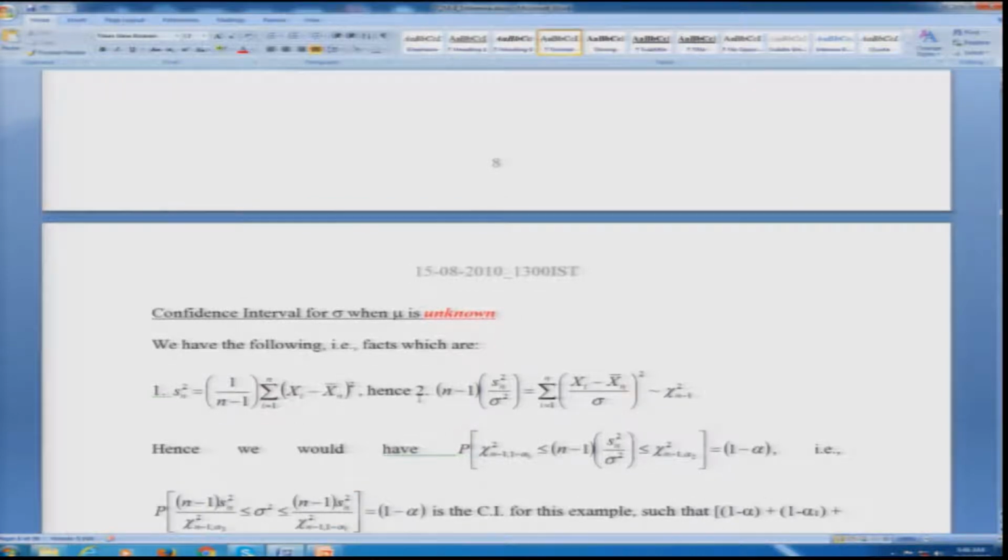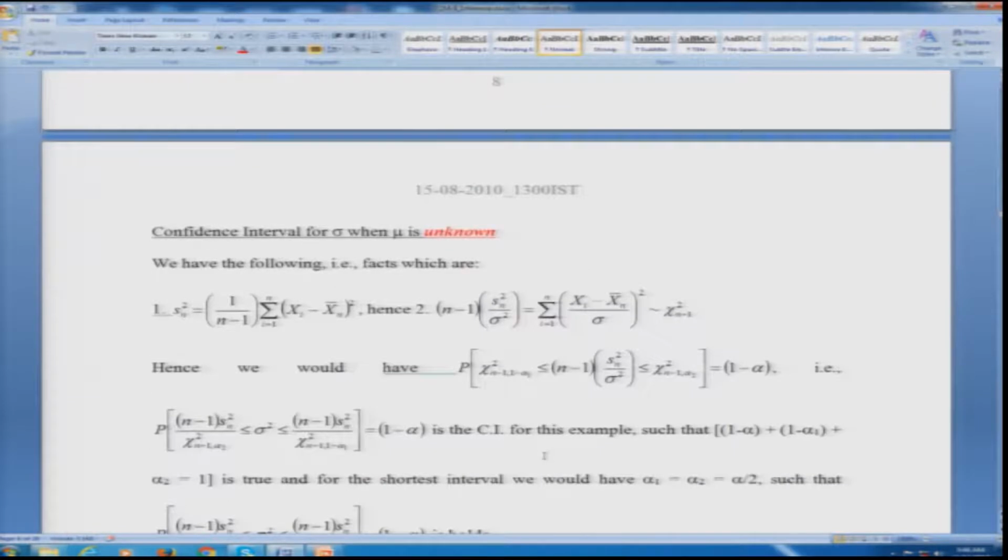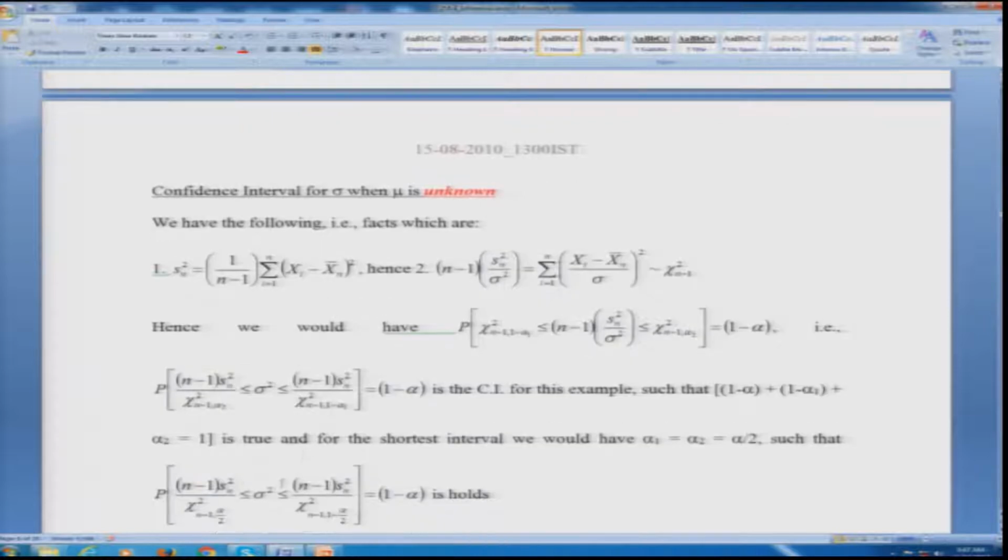So, once you do the same concept and go to the logic, the ratio of S square by sigma square, you can prove, becomes a chi-square with n minus 1 degrees of freedom. Once you replace it, remember it will again be the same concept of alpha 1 and alpha 2, and so on and so forth. So, once you solve the problem, it becomes